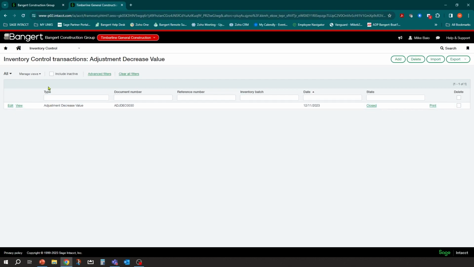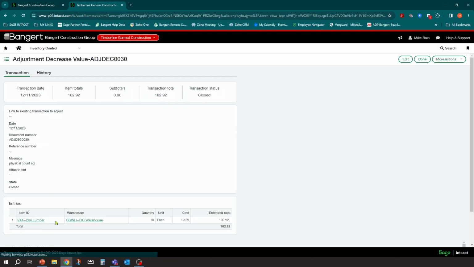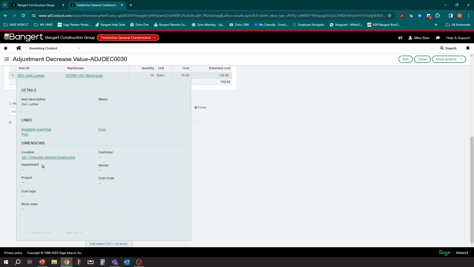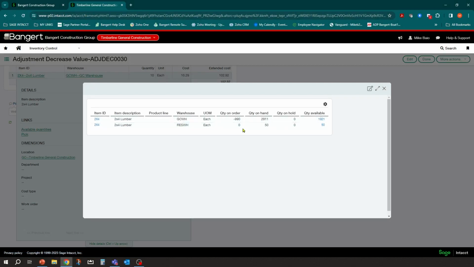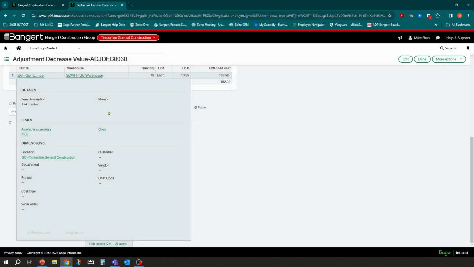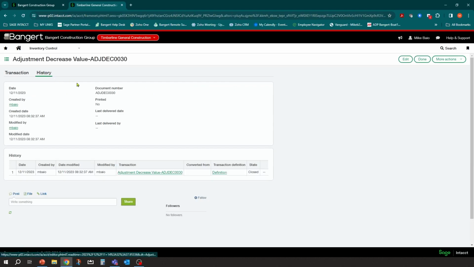And now if I go take a look at, let's take a look at my, I can do it right from the inventory, or I can go into, I believe I can go into here. Available quantities. Remember that little tab we had, available quantities? I should have looked at it before I did it, but that's actually going to show reduced here. So you can make that valuation right in here. And if I take a look at the history, it'll show it.